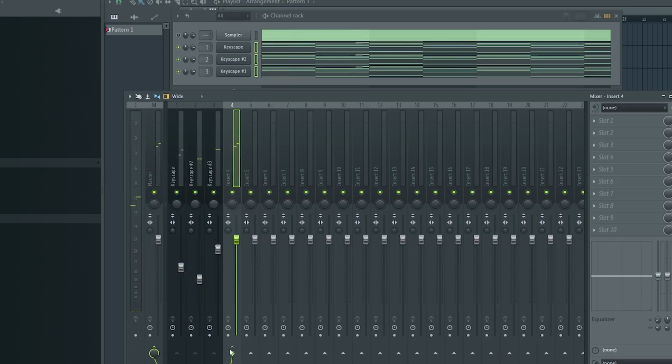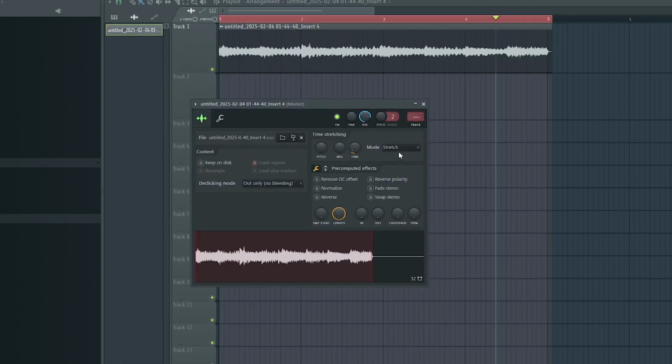But first, I like to render as audio clip. On the selected track, do Alt plus R to render as audio clip. I kind of want to add a pitch bend at the end of the progression. The range of the pitch is set to 2 semitones, so I can detune it 2 semitones or pitch it